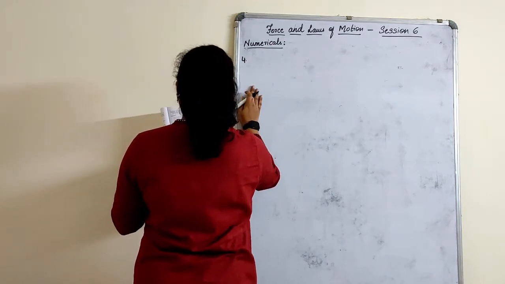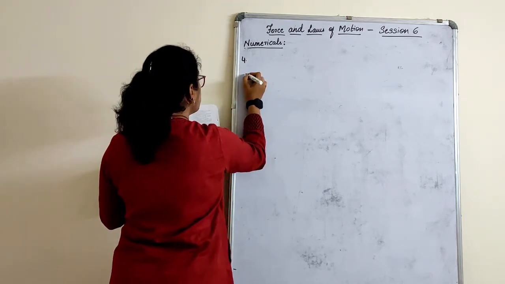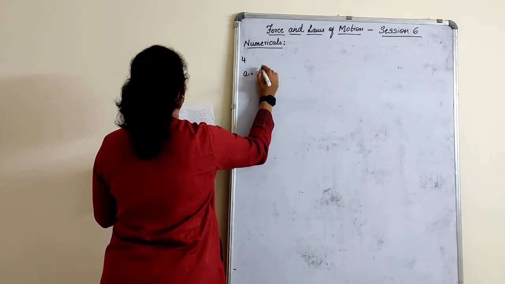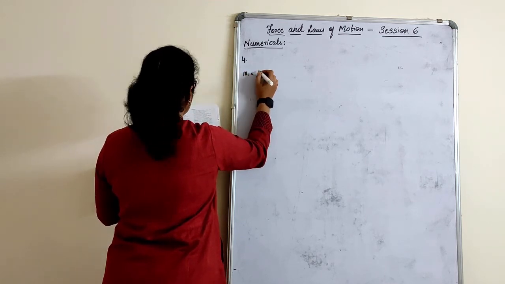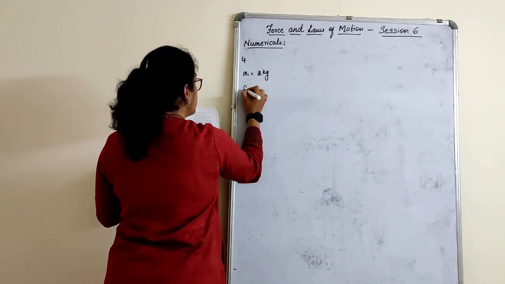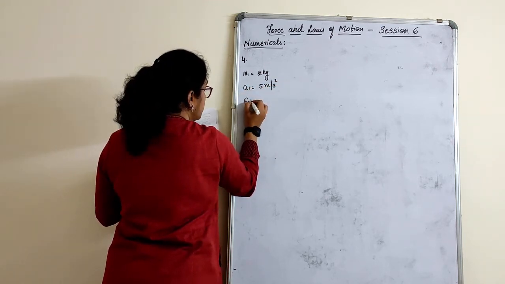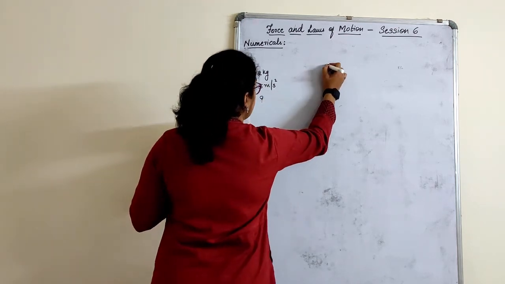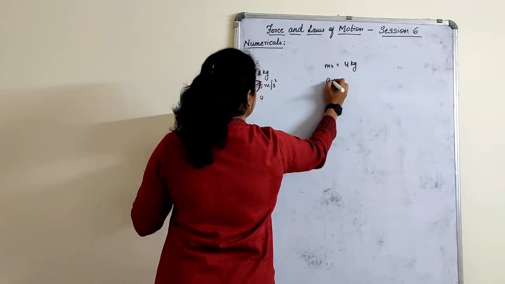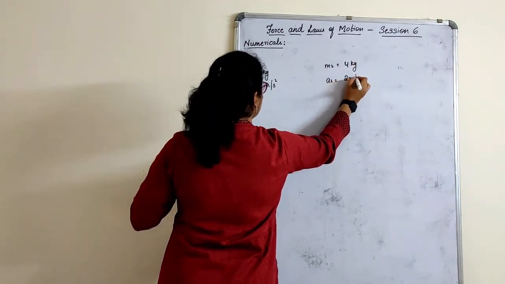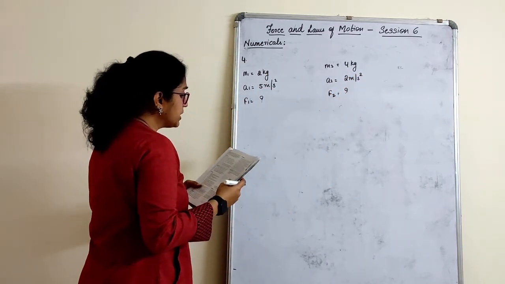Which would require greater force of accelerating a 2 kg mass. So first part they have given acceleration, accelerating a 2 kg mass, that is first we'll write the mass. m1 is equal to 2 kg, which is accelerating for 5 meters per second square. With that respect, I have to find F1. The second part is mass given here is 4 kg, which is accelerating for 2 meters per second square. What is the force? Which would require greater force?